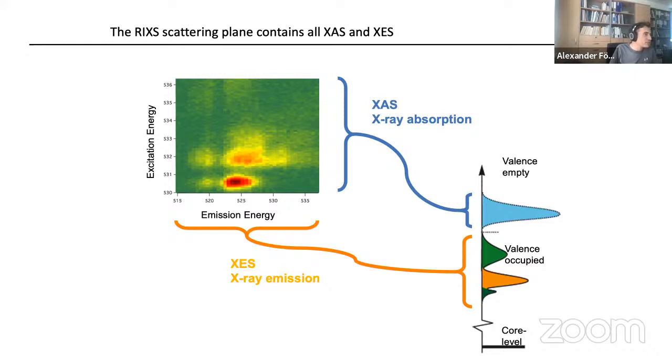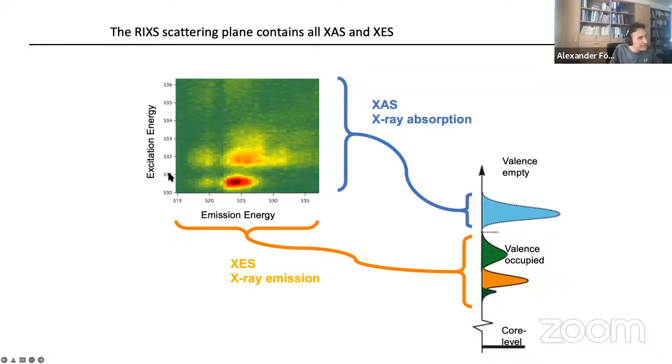So if we scan through the excitation energy or the absorption axis here, this varies as a function of energy since we lift the core level into an unoccupied state. And then depending on where we lifted it, we can decay. And therefore, we also get an emission scale at each absorption point. So if we project the emission scale and say we don't care too much about it, we just measure the pure absorption scale,